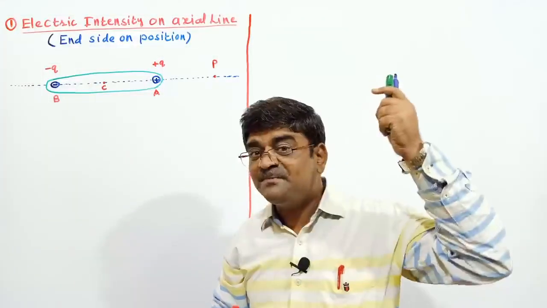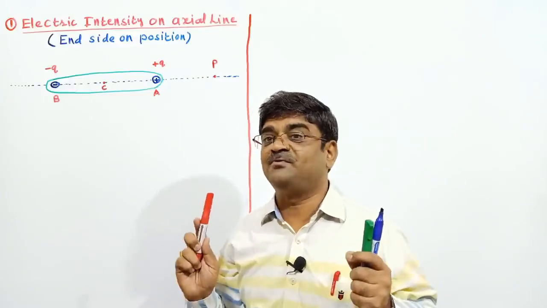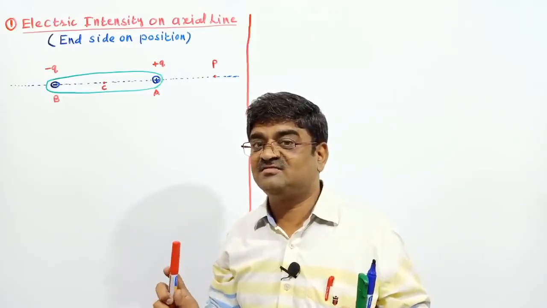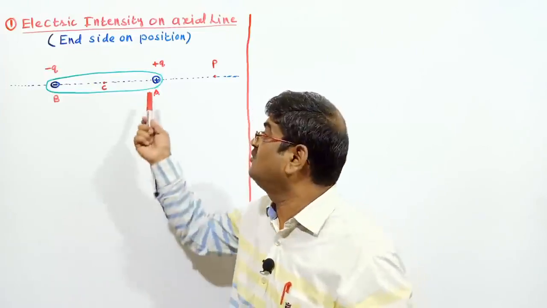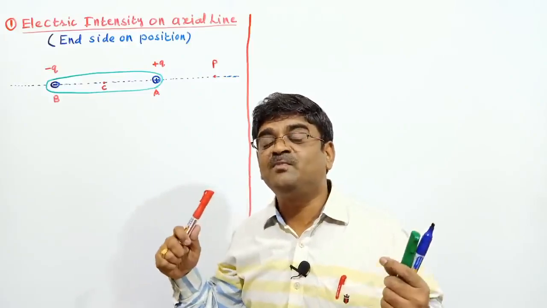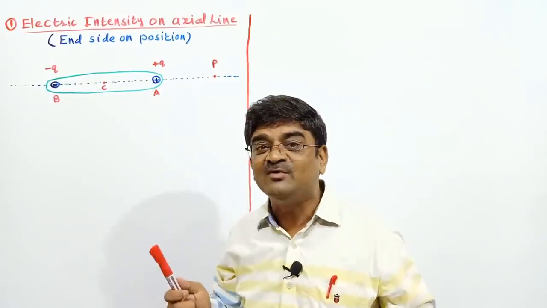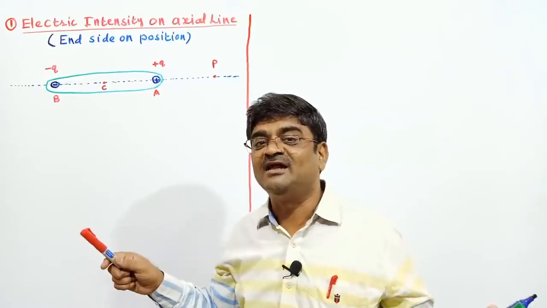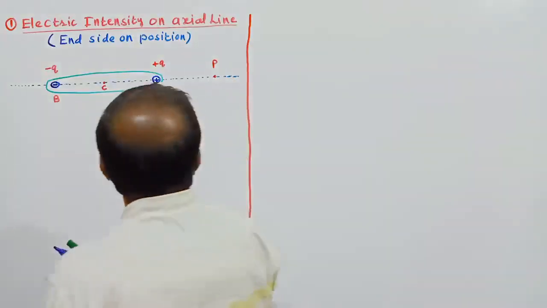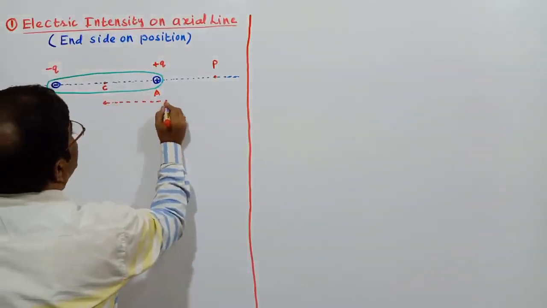What was our procedure yesterday? First of all, I have to understand how many charges are there in the system. I have two charges. Then I should understand where my location of interest is. I have a location of interest P. Where is that P? On the axial line, on end side arm position, at a distance of, I would mention, R